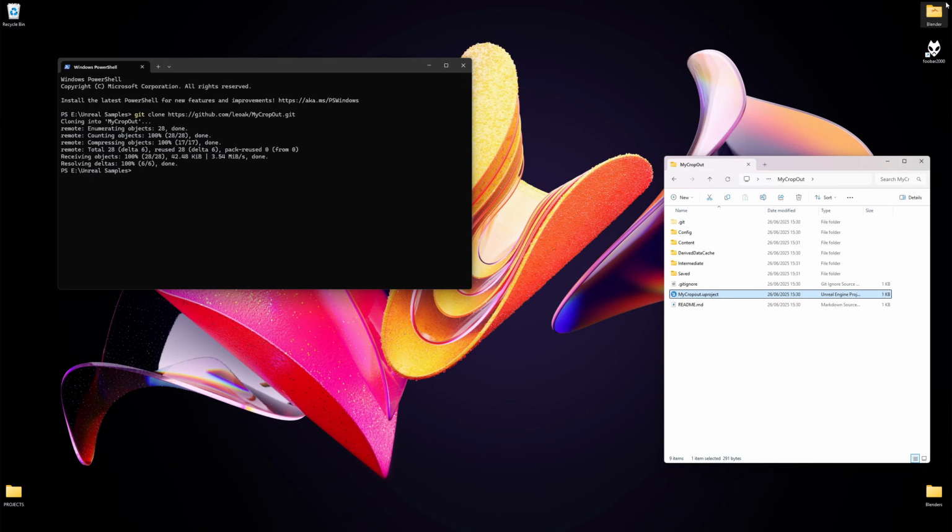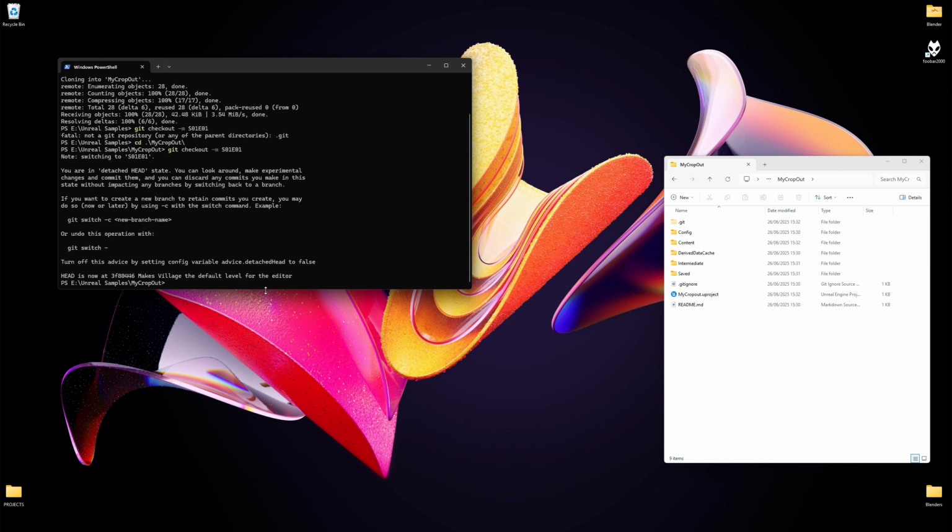So I'm exiting the editor and let's say that I want, I think it's git checkout -m. Do I need quotes? Oh, to get done in my Cropout. Okay, so for now I just want to experiment. So if I open the project,